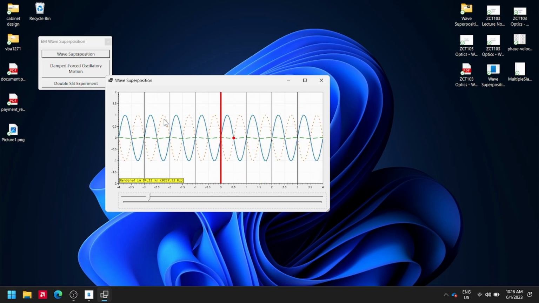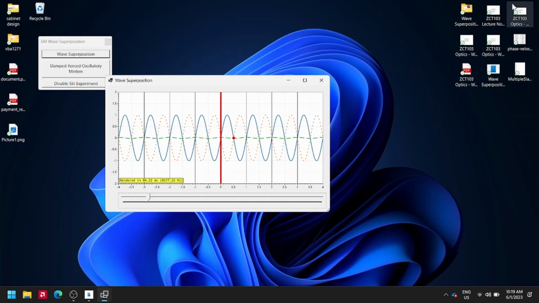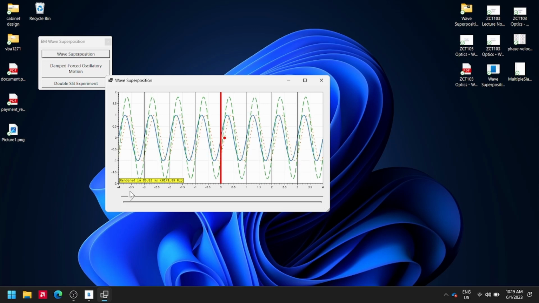For example, if I superimpose, I hope you can see the green, the orange dotted line as well as the blue sinusoid. Because I should have maximized it, but I didn't do it in my programming, so I forgot to do that, so it won't zoom. So it is just covering over here. For example, you can see my red dot over here. It is indicating the zero position of my orange sinusoid.